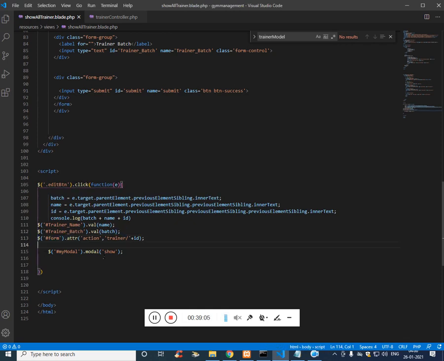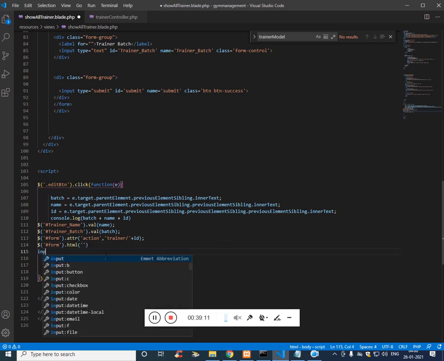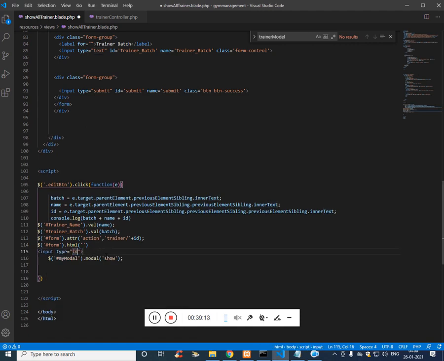Get the form and add the HTML, which is input type hidden, name equal to underscore method, and value is going to be put. Just pass this inside the form, and that would work.